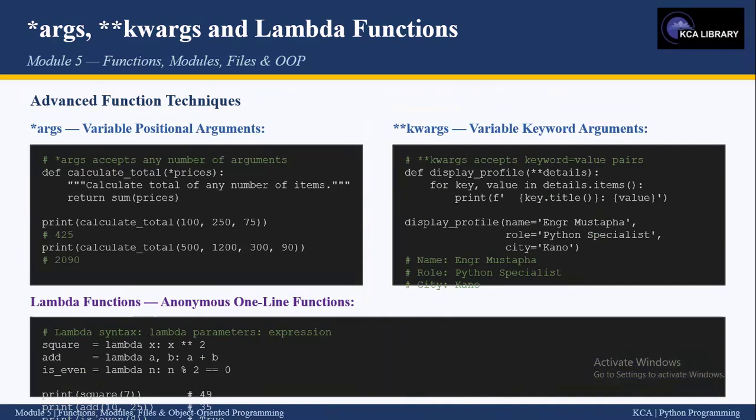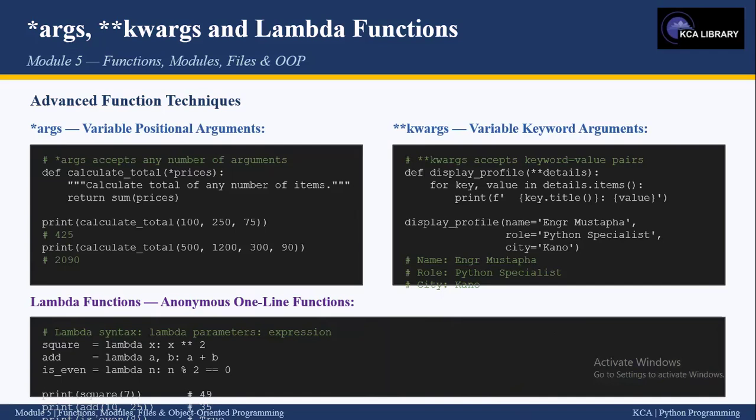The first is args, which allows a function to accept any number of positional arguments. def calculate_total(*prices): return sum(prices). print(calculate_total(100, 250, 75)) gives 425. print(calculate_total(500, 1200, 300, 90)) gives